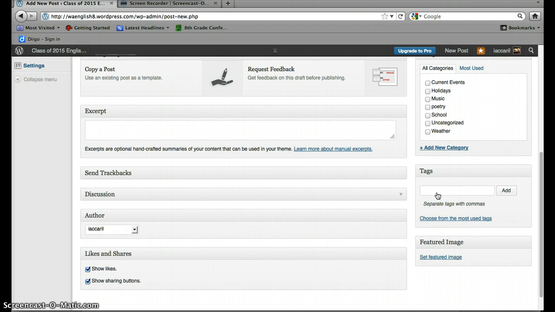Tags are things, we talked about this in class, but tags are words that are found within your blog post or subjects related to your blog post. So for example, in this blog post, I might include words like blog, tags, pictures, WordPress. Anything that I'm using or talking about in this blog post that people might search to find on Google. So these are words that people might type into Google and eventually get to your blog post, and you would click Add. Once you've done that, in terms of just adding text, you're all done,